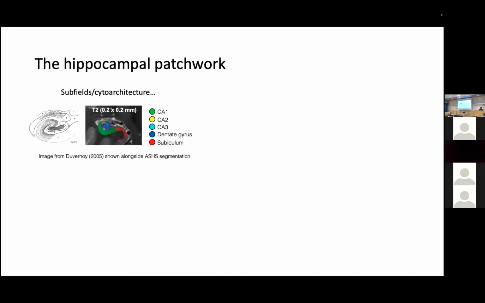So as we all noted, it's the hippocampal subfields group. So we know that the hippocampus is not just like one lump of gray matter. It's more like a patchwork of different subregions. So we can subdivide the hippocampus based, for example, on cytoarchitecture. So we obviously know from histology that the hippocampus contains all the different subfields. So we have CA1, 2, and 3, dentate gyrus, and my old friend subiculum as well.